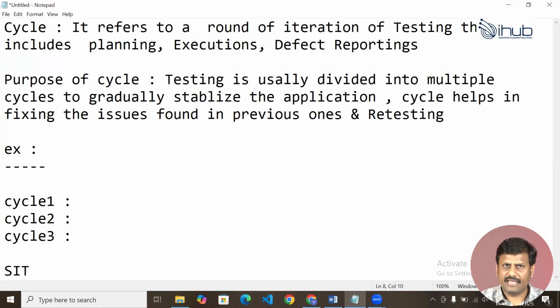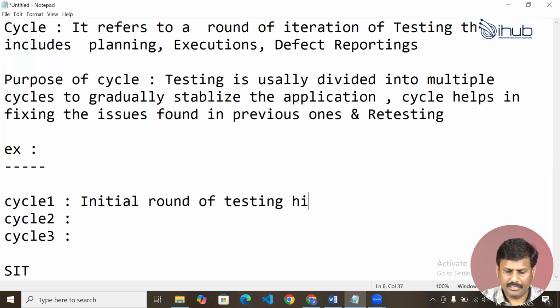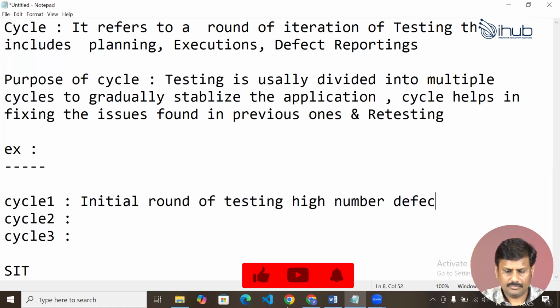So how does it happen? In cycle 1, it is the initial round of testing, finding a high number of defects.